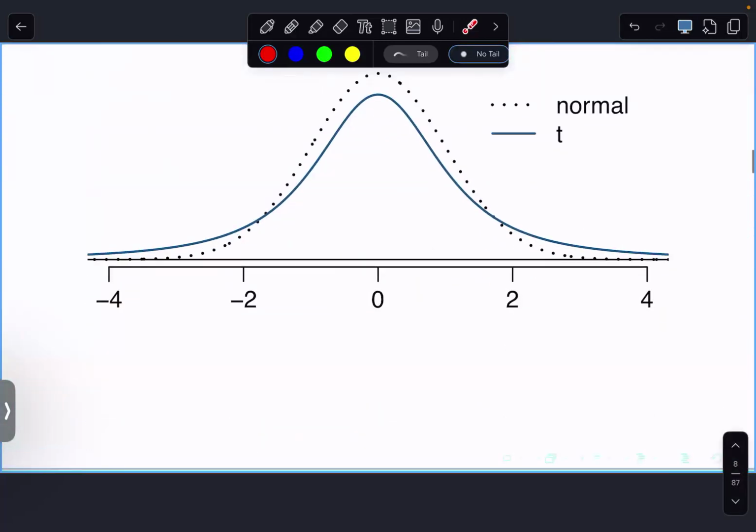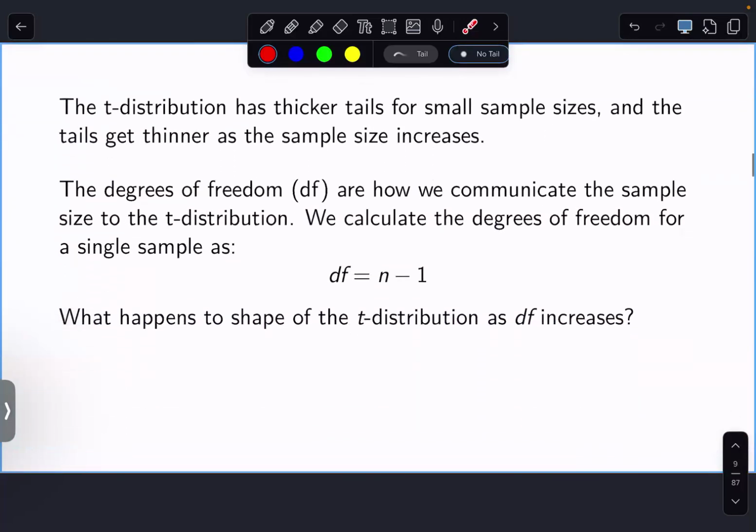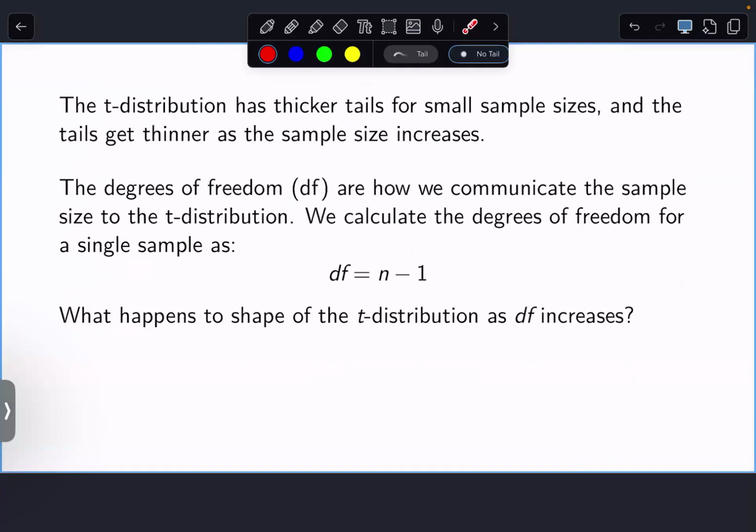Okay. Here's the one that I grabbed before, but I want to talk about the degrees of freedom. So the t distribution has thicker tails for small sample sizes, and then the tails get thinner as the sample size increases. So like I said, if you have a small sample size, then